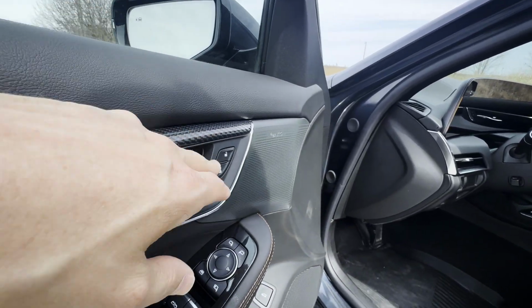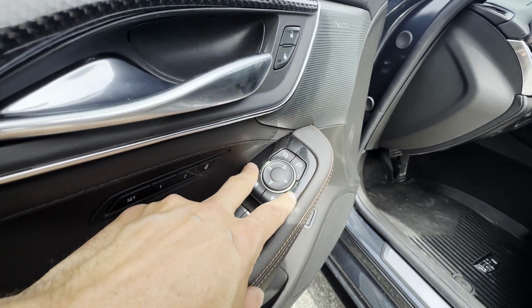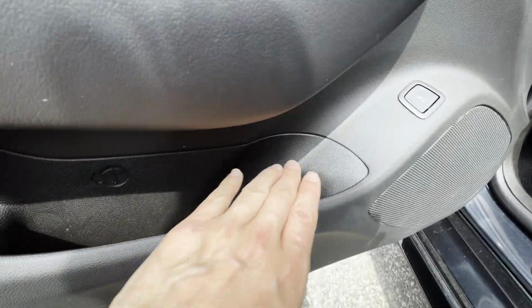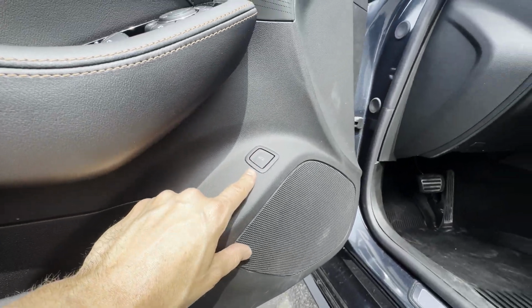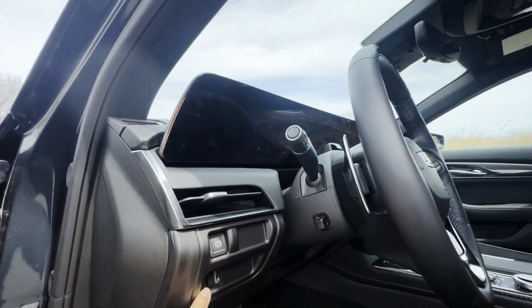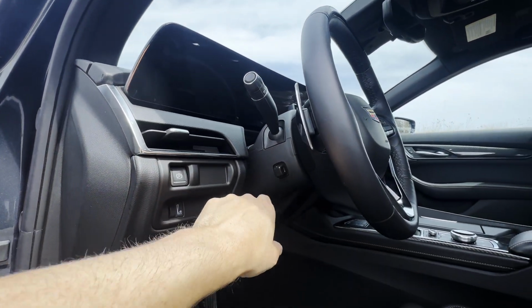Got your basic door handle, lock and unlock buttons with all of the controls for your side view mirrors and for your windows, all with an auto function. Got a little bit of storage there with a release for the trunk. On the inside, electronic parking brake, along with the dimmer switch for your cluster screen, and then a power telescoping